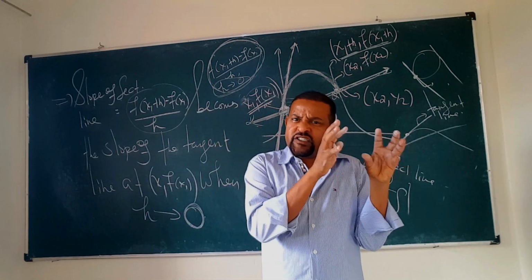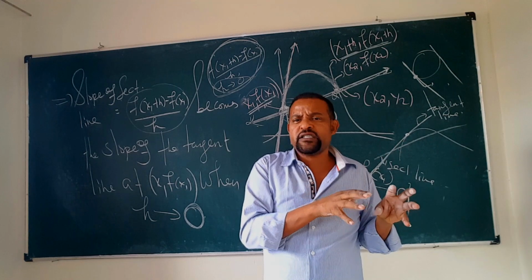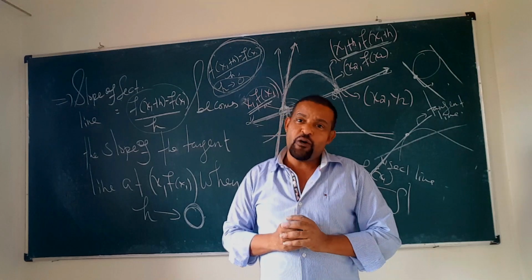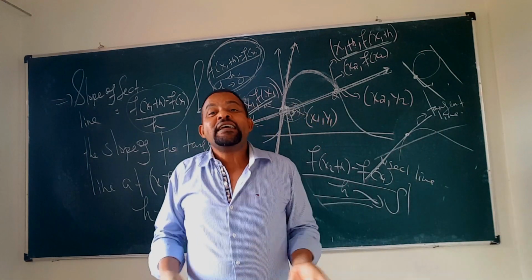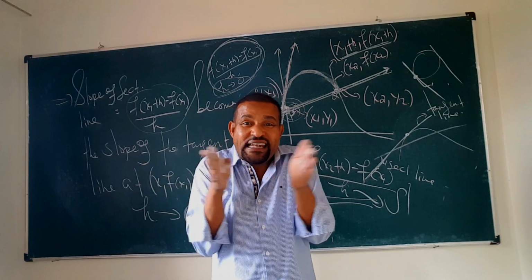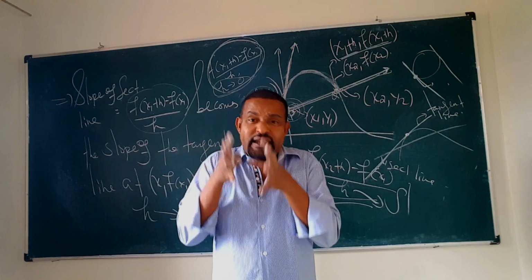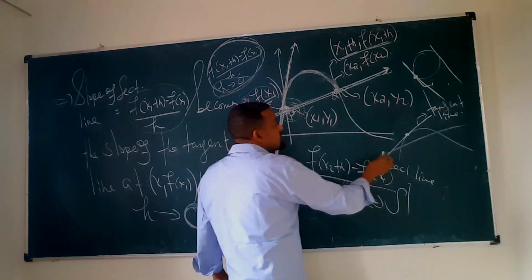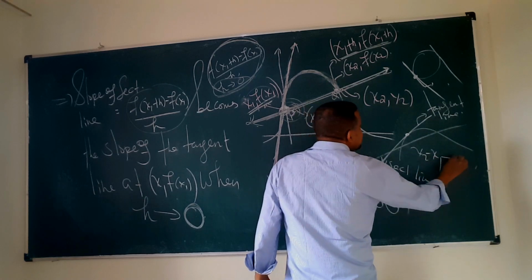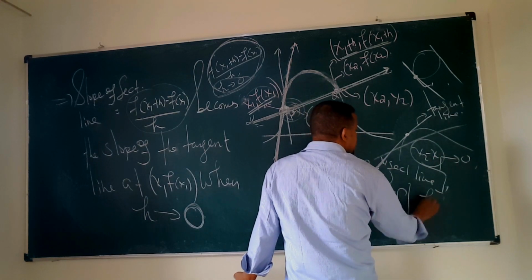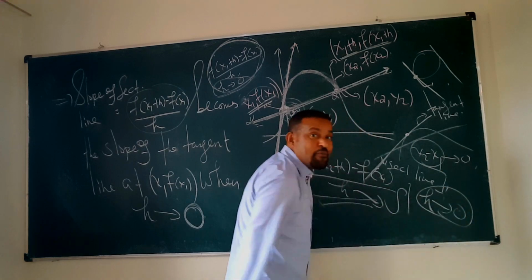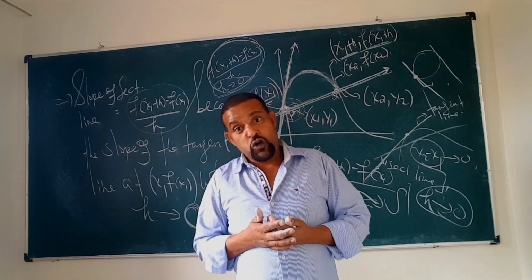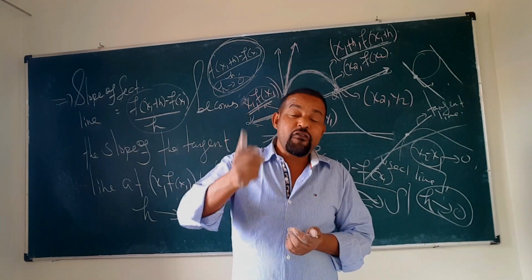Okay, the average speed or the average rate of change of f of x on the interval x1 x2 ጂኦሜትሪካሊ የሴካንት ላይናችን ስሎፕ ነው ብለን ዲስከስ አደረግን። ኔክስት ቱ ዛት በኤክስ1 እና በኤክስ2 መካከል ያለው ጋፕ እጅግ እየጠበበ ሲሄድ፣ በሌላ አነጋገር when x2 minus x1 ወደ 0 አፕሮች ሲያደርግ, that means ይሄን h ያደረግነውና ወደ 0 አፕሮች ሲያደርግ ደግሞ ምን ብለነው ነው? The instantaneous rate of change of f of x ነው ብለናል።